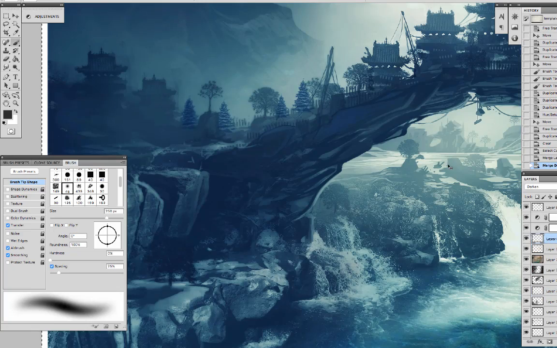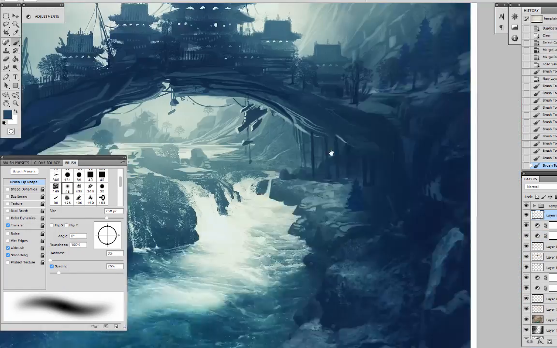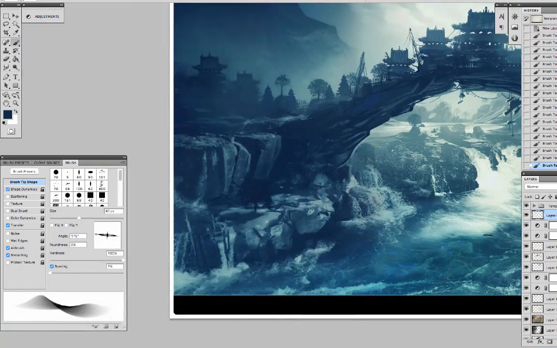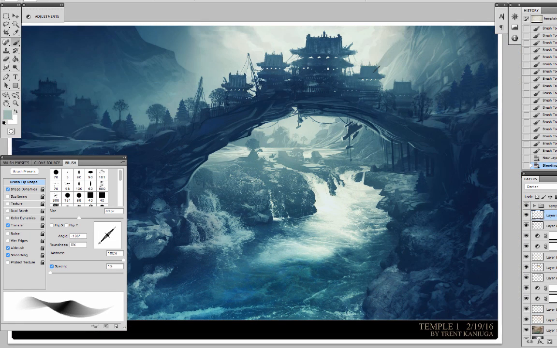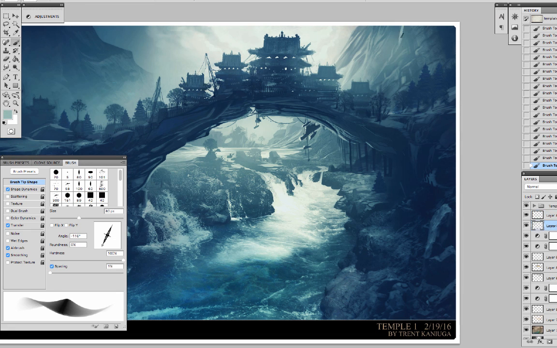I would say within the first hour, I stopped photo bashing and I started going into drawing. I used some gradient maps to give a little bit of color to the things that I was doing, but then I realized I'm terrible with lighting right out of the gate.